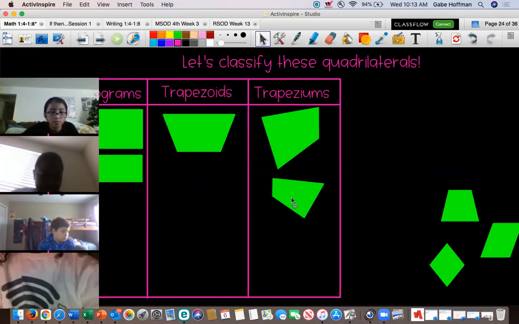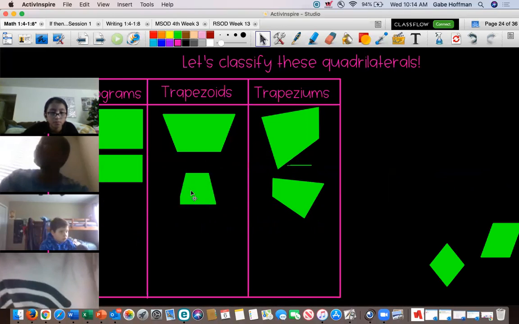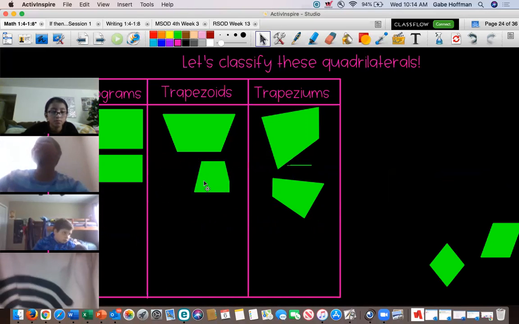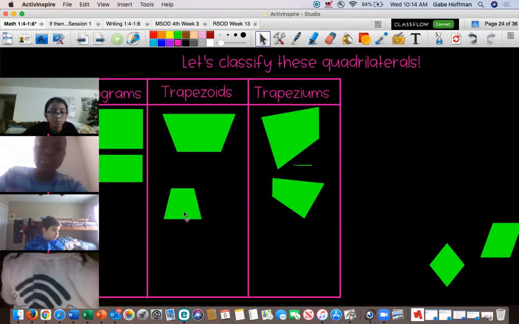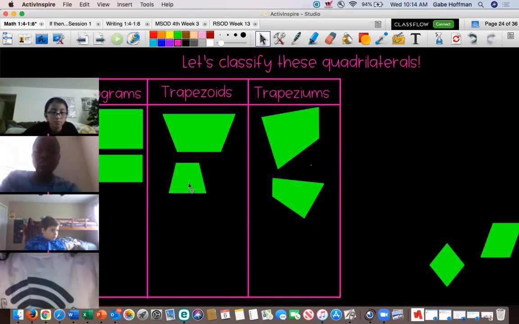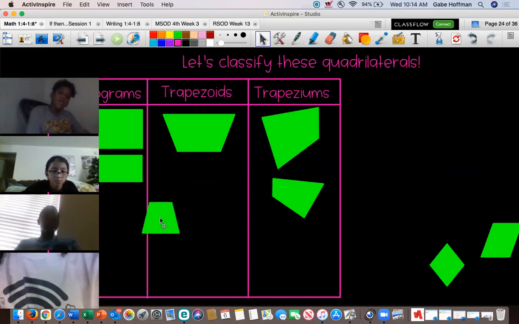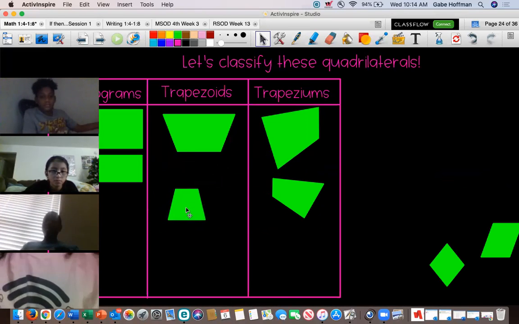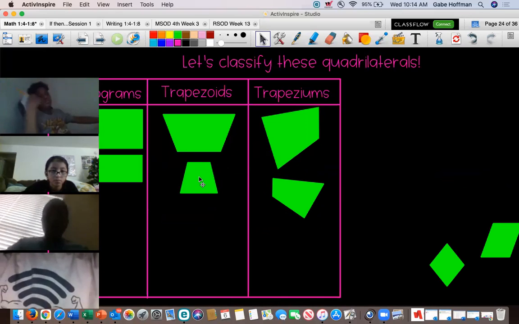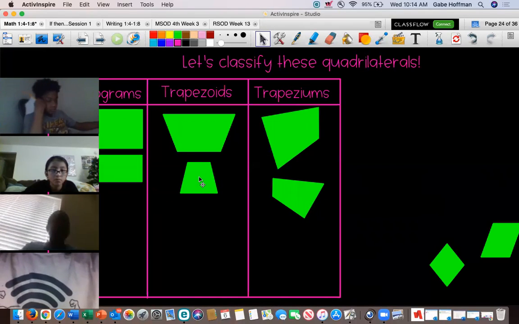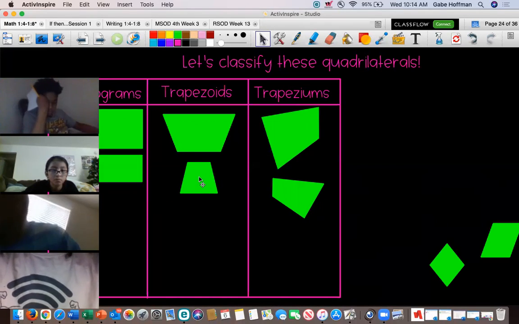Trapezium. Very good. Nothing special. Corbin, parallelogram, trapezoid, or trapezium? You cut out. I think you said trapezoid. That's a trapezoid, right? It has 1 set of